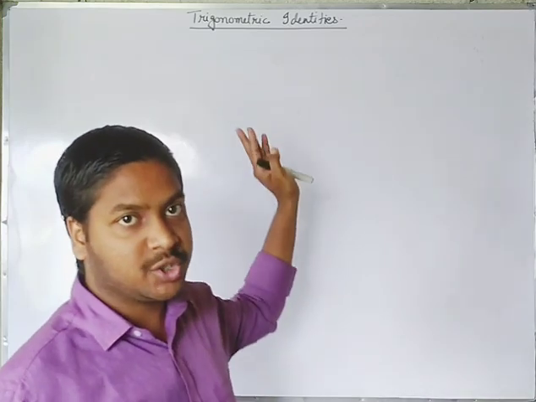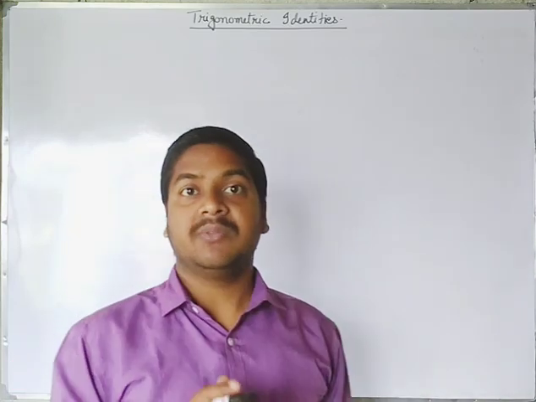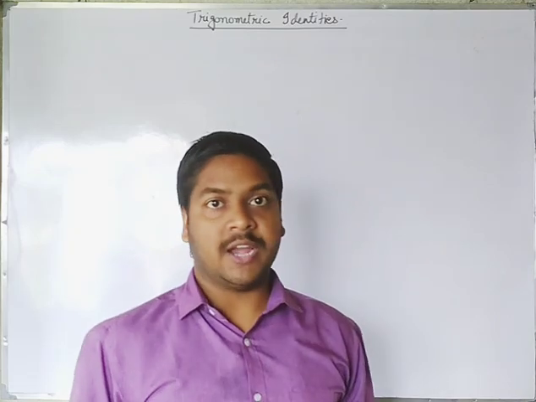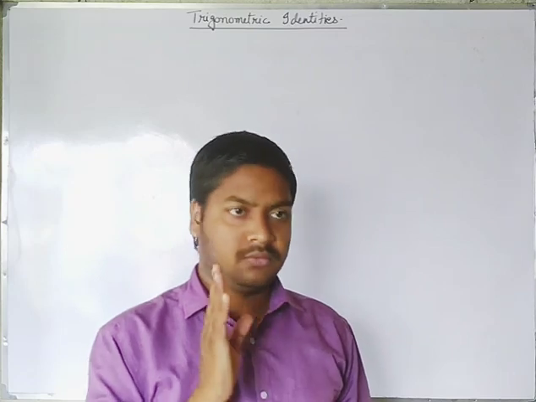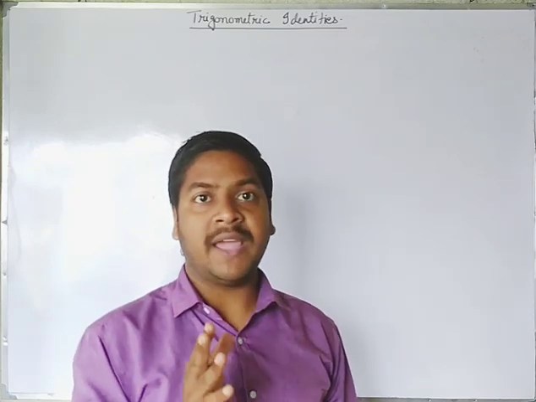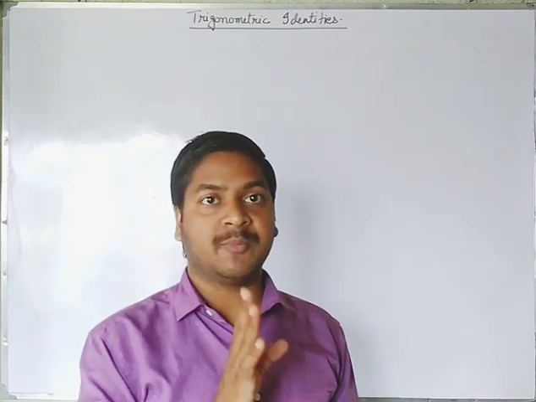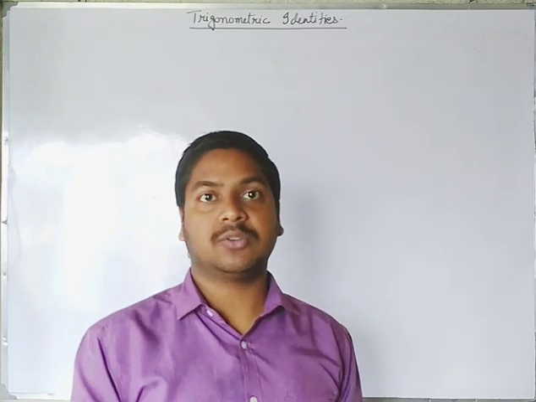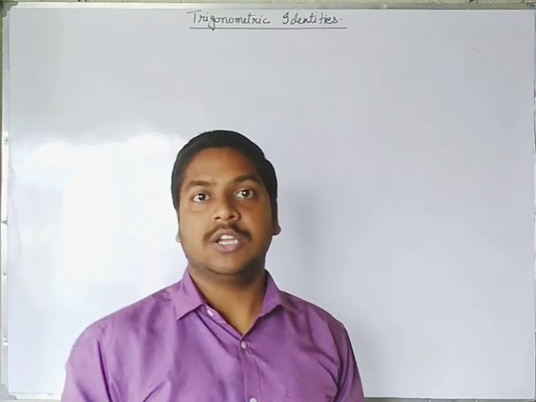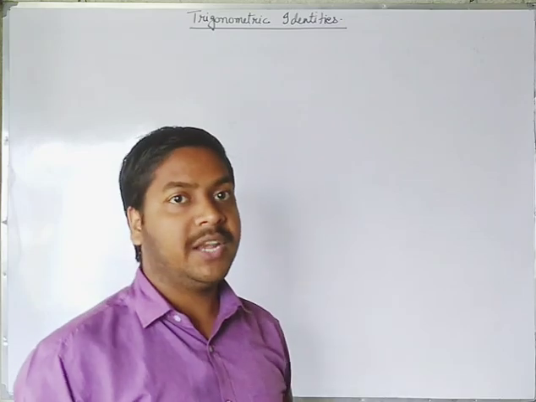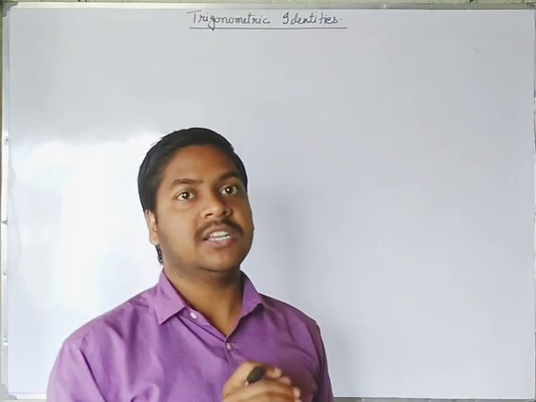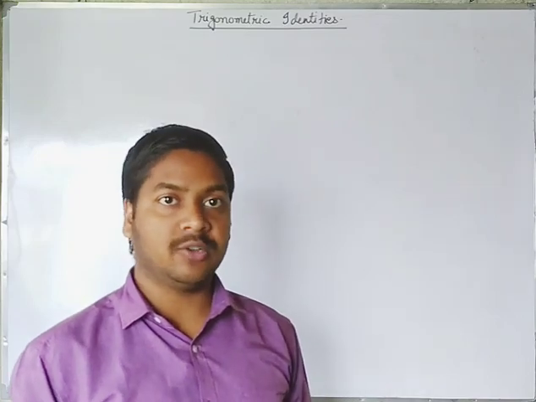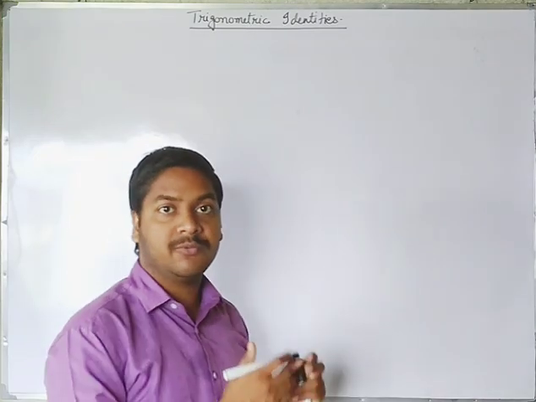So in trigonometric identities we will mainly have 3 formulas, and on the basis of those 3 formulas we get another formula also by adding or subtracting, or by putting the terms on the LHS or RHS of the same formula to get another formula. I will give you only a very few formulas that we will use to prove any of the questions. So at first we will see the formulas.